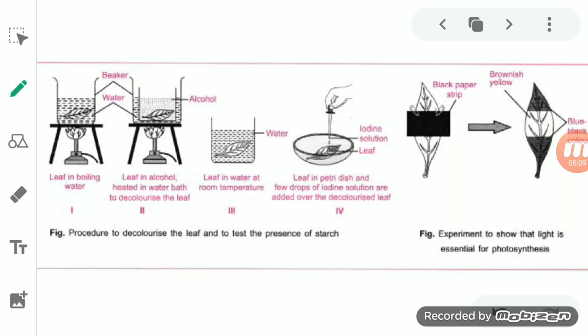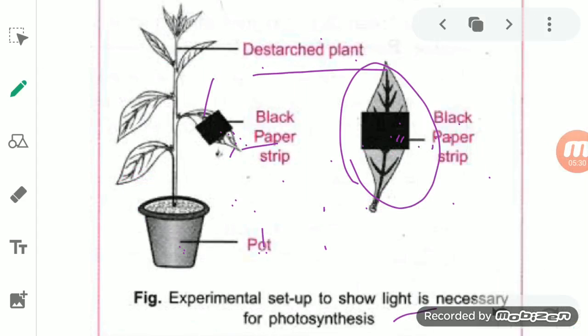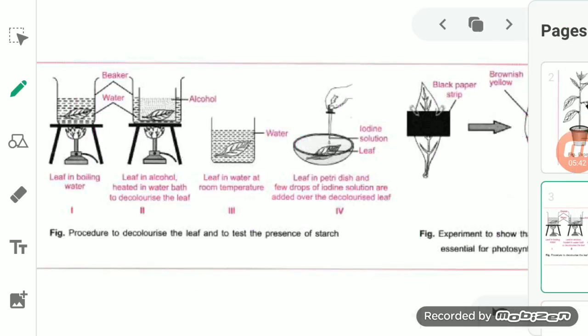We are keeping it outside in the sunlight so that again it will get the sunlight and start preparing its food, and as it prepares food, the plant will regain its starch. Okay, after 3 to 4 days you will pluck that particular leaf. Which leaf? This leaf, which we had covered, whose center portion is covered with the aluminium foil. Okay, now we will pluck this leaf.